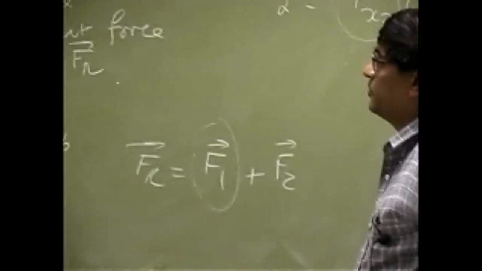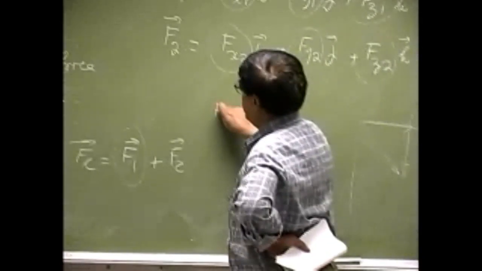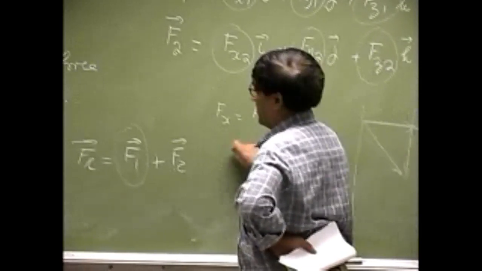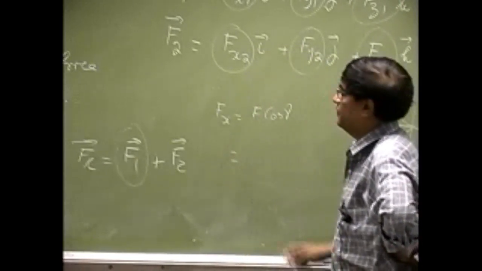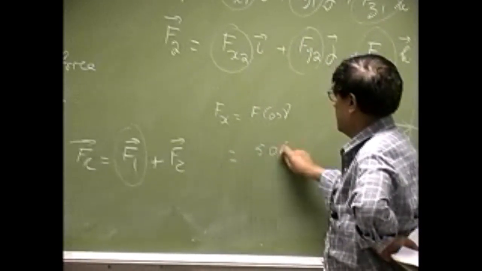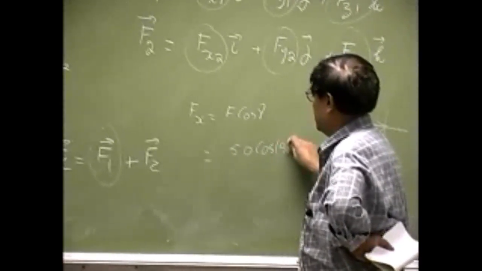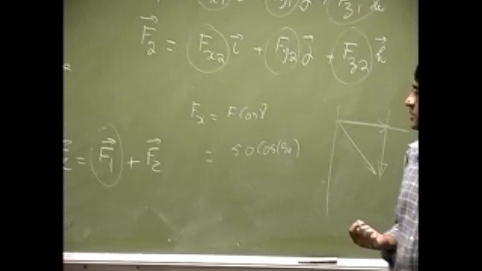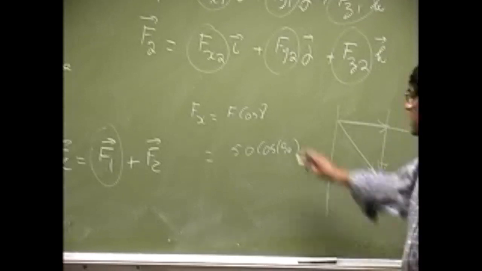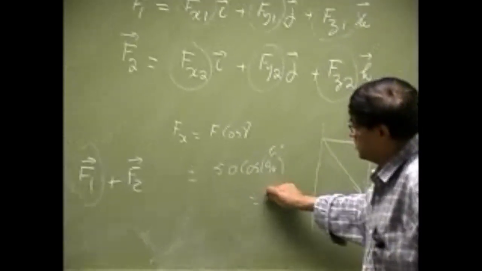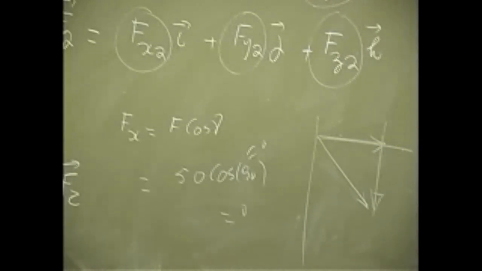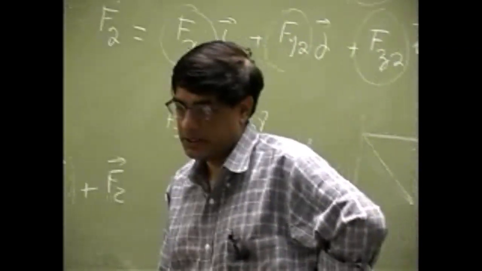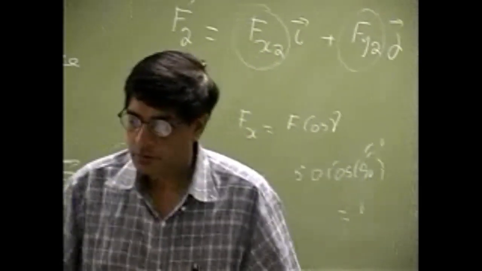Another way of looking at it would be, the x component for that force will be F cosine of gamma. Now, F is 50, and gamma is going to be 90, that's the angle between the force and the x-axis. So cosine is 0, that gives you a 0. Alright, we're going to complete this problem in the next lecture. Now your new problem set